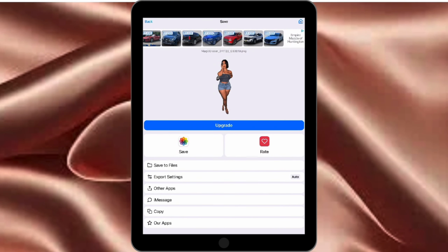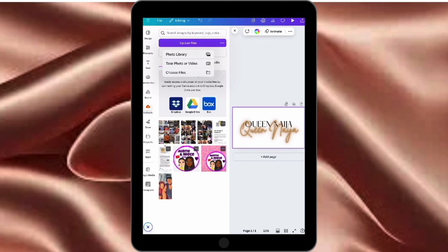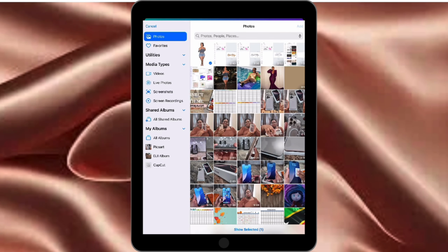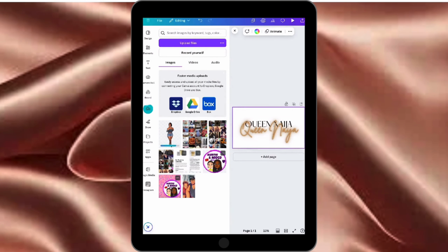Once you're done with that step, you're going to go back into Canva, go to uploads, upload file, and you're going to import that photo without the background. Once you do that, just insert it, and you're just going to adjust it to where the photo is in frame. Once you do that,